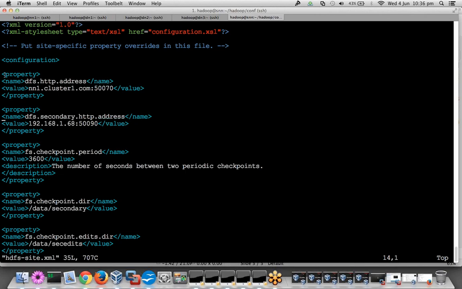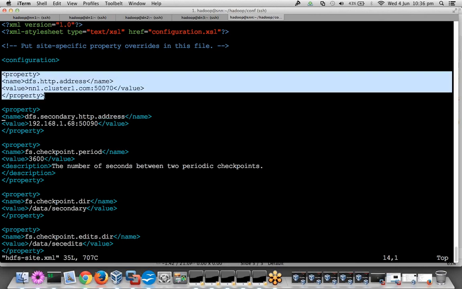So what is happening here? What is this parameter telling me, how is the communication happening? Actually, the edit file and the fs image file are copied using HTTP GET and POST calls, right? It's a simple REST API. So we need to configure, or we need to tell, where the web servers for each of the daemons are. So I'm telling the web server for my primary name node by saying